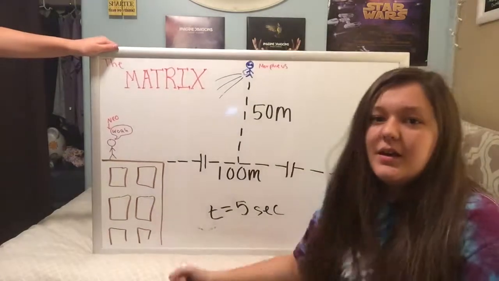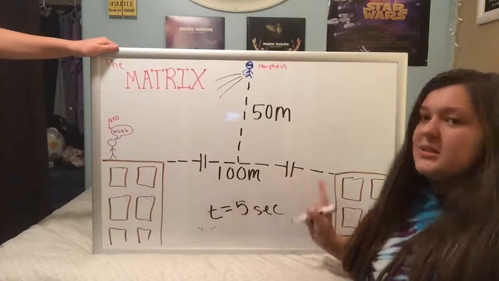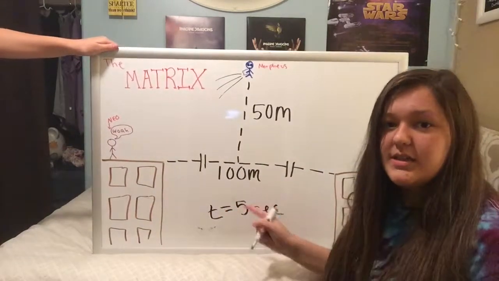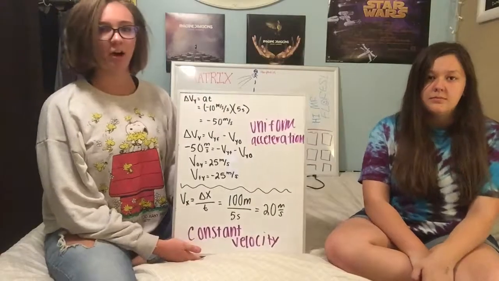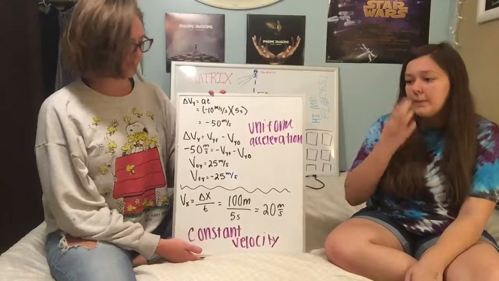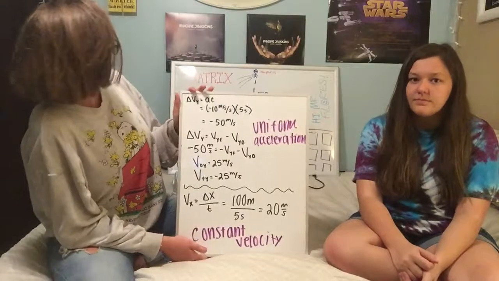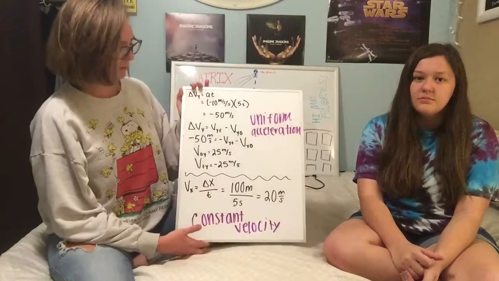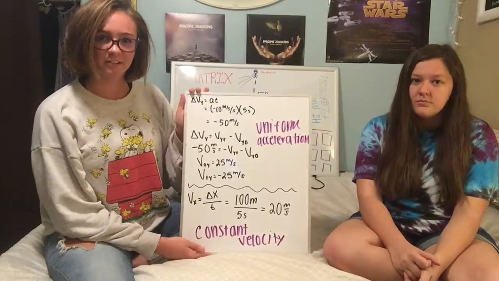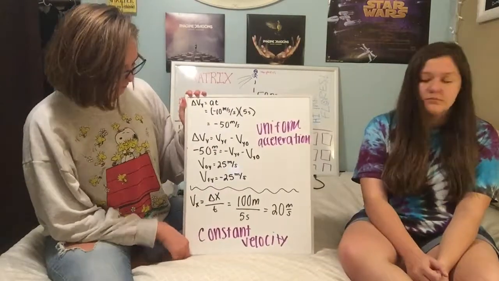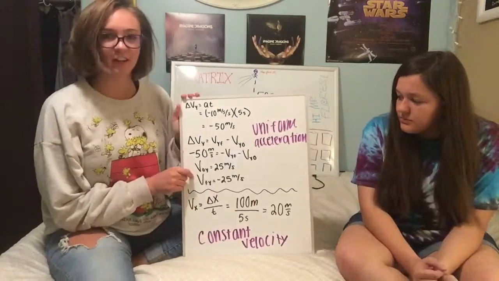We approximated his distance to be about 100 meters across the buildings and his height to reach about 50 meters total. Our main goal is to find the velocity at which Morpheus jumps from the building. In order to do that, we have to find the component vectors, and to find the initial velocity in the